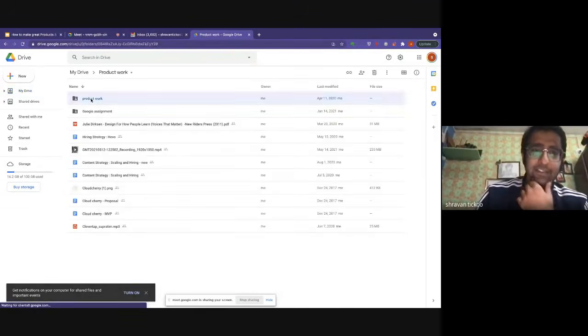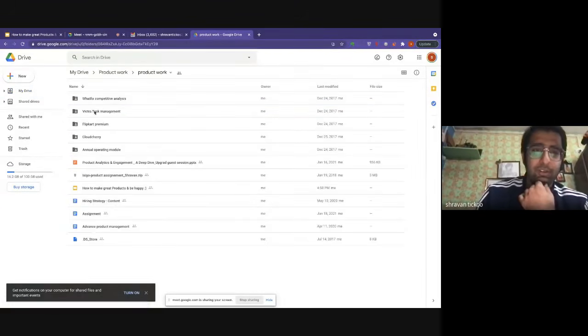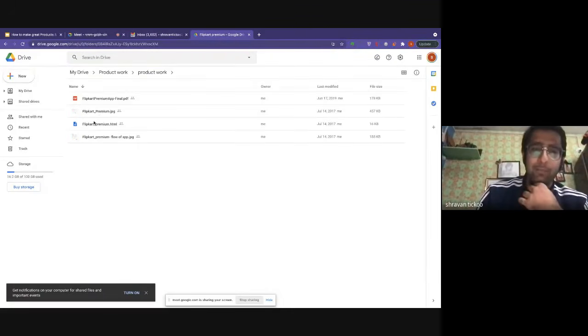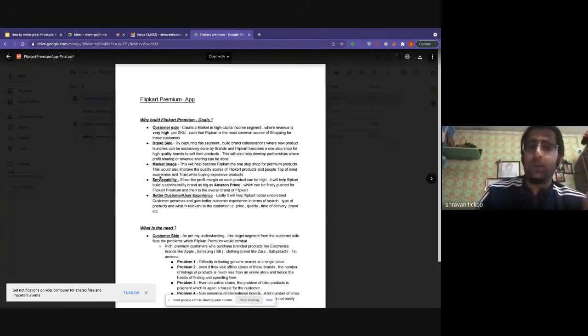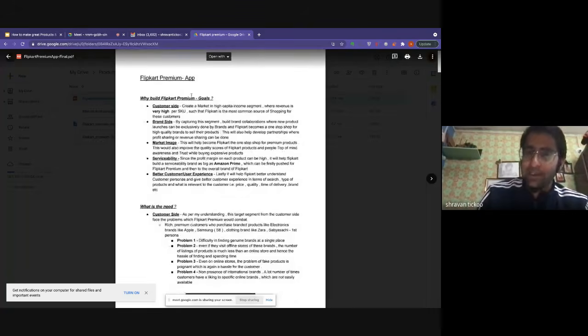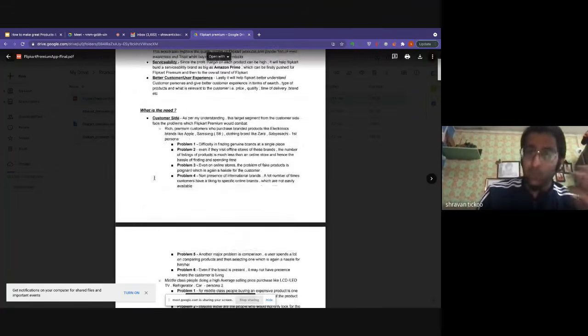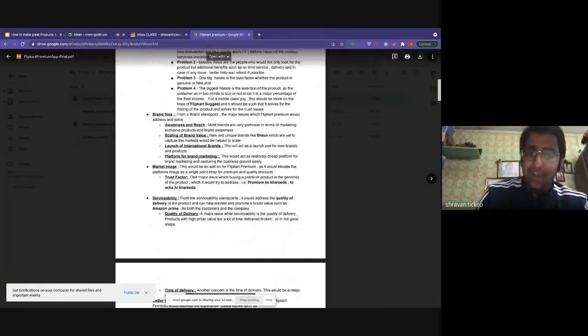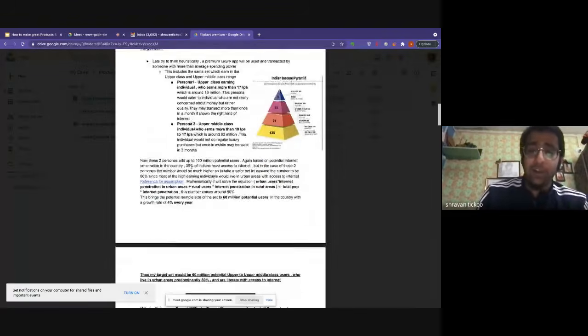It can be anything. Like I had to create a Flipkart Premium app. So what I did is I created a PRD for them. A PRD is called a product requirement document, something like why build Flipkart Premium, what are the goals, what is the need from different angles, who is the target market?